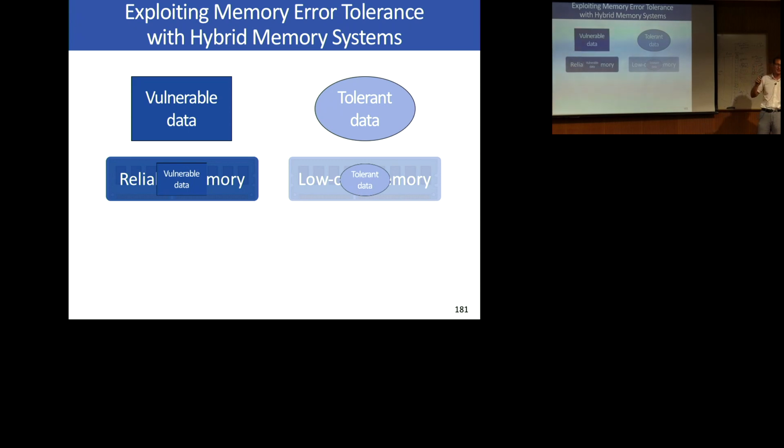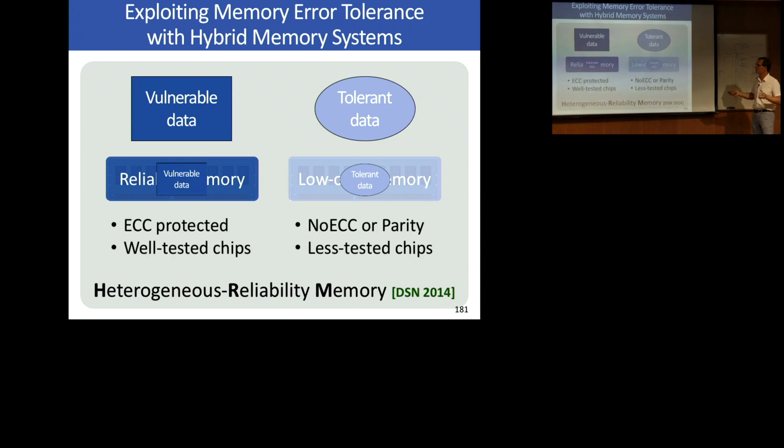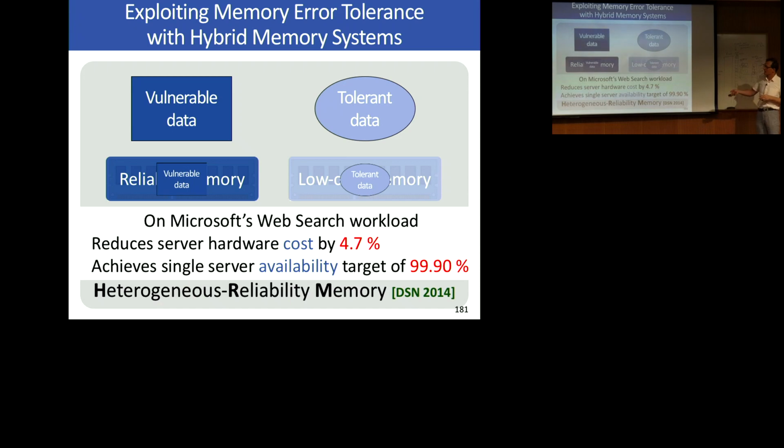Unless you somehow discover semantic vulnerability automatically, which is, I think, a very difficult thing. And if you actually do that, you can map the data to different types of memories. Of course, this is not easy, and I already said that we've done it manually for some interesting workloads. Web search was the one that's more amenable to this. We actually looked at graph processing in the same paper, and we found out that graph processing is not very amenable to this, at least at the coarse grain. If you go into the data structure level, maybe graph processing is amenable to this also, but we don't know at this point.